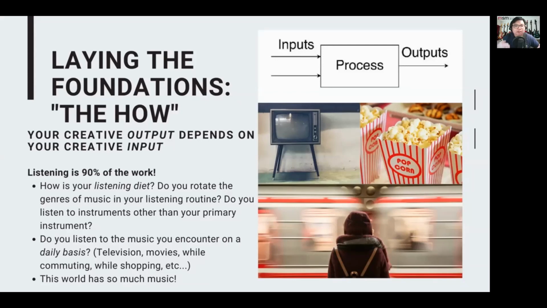My first advice in developing an ear to listen critically and also to develop musical ideas is to listen by rotating genres. So if you're used to one type of genre of music, I challenge you today to expand your listening base. You can try to rotate monthly. Let's say if you're already quite conversant with rock music, I can encourage you, next month, try blues. Next month, try classical. Next month, try electronic, if you dare. I personally don't like electronic music, but I listen to it because that's what our youth are used to. Once you're doing this kind of macro level rotation,